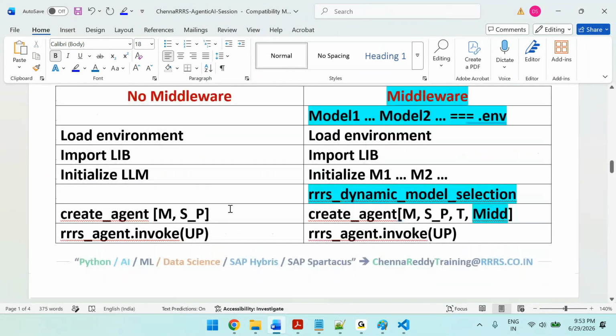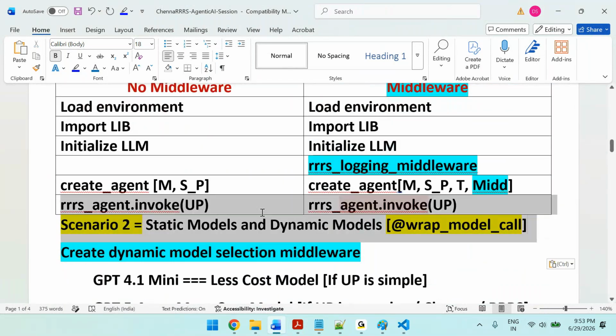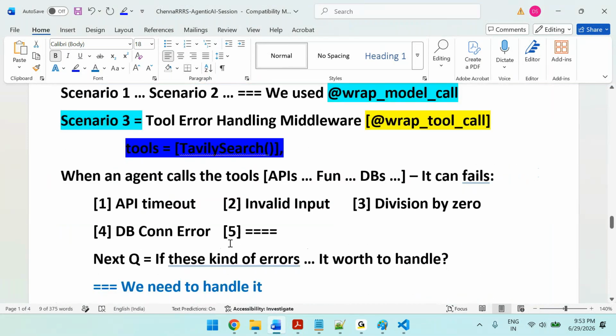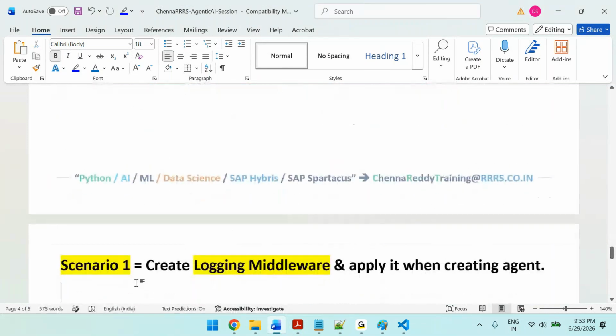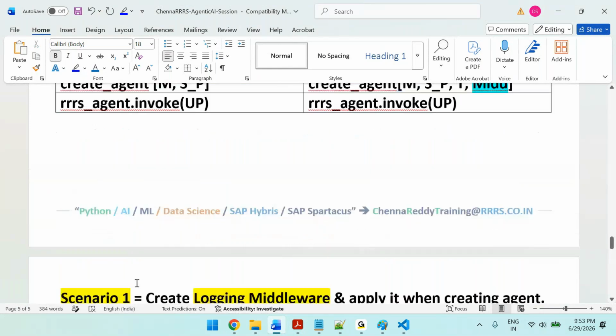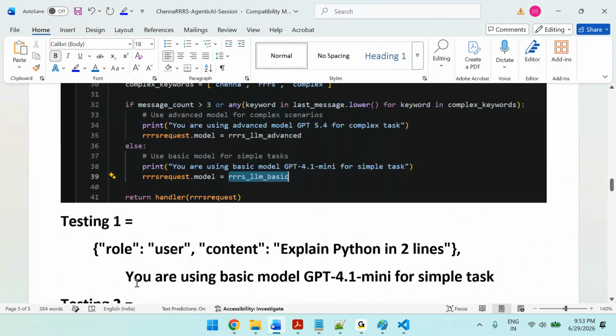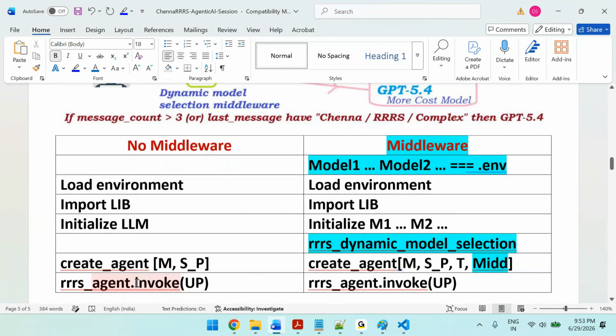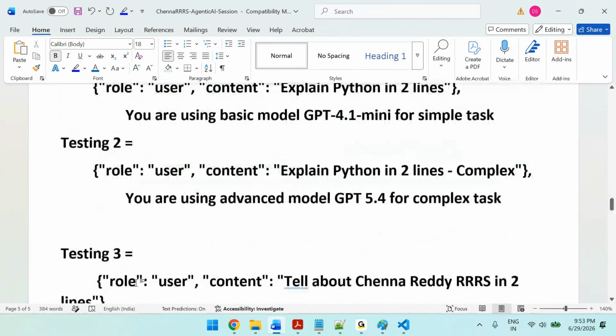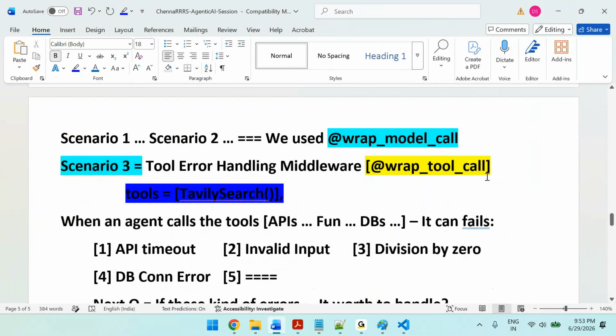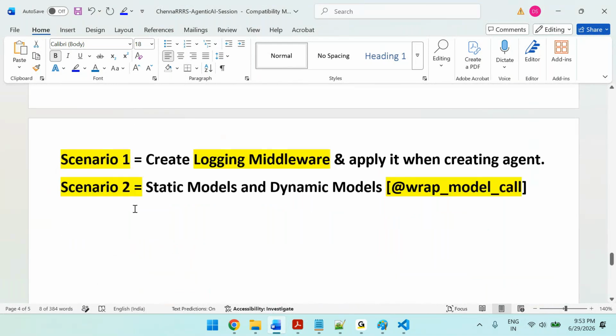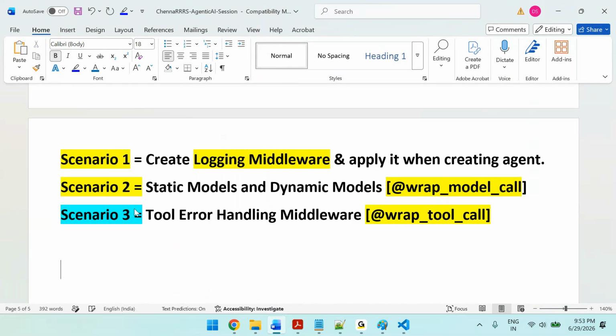Scenario 2 is dynamic model. Scenario 3 is tool error handling. Next, scenario 4 is